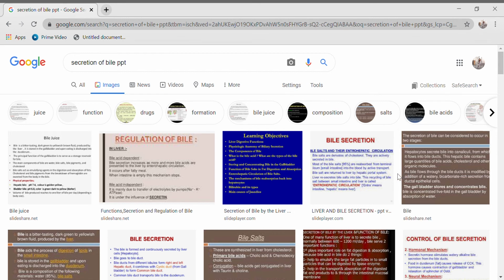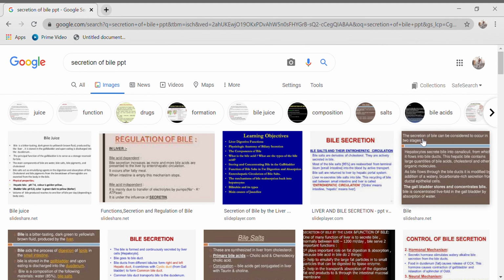So the functions of the bile salts: absorption and emulsification of fat. They are the source of bile acid, because as I said earlier, the bile salts will stimulate the liver to produce bile acid. So they are the source of bile acids also. They help absorption of the fat soluble vitamins A, D, E, K. They give the stool its color and they prevent gallstone formation. Same as the bile acid functions only.